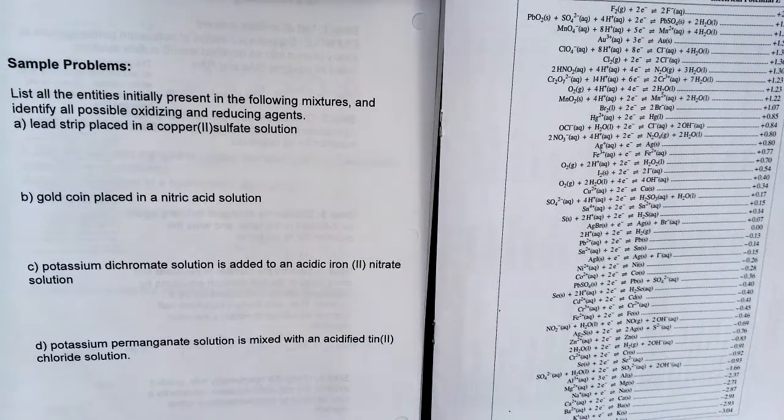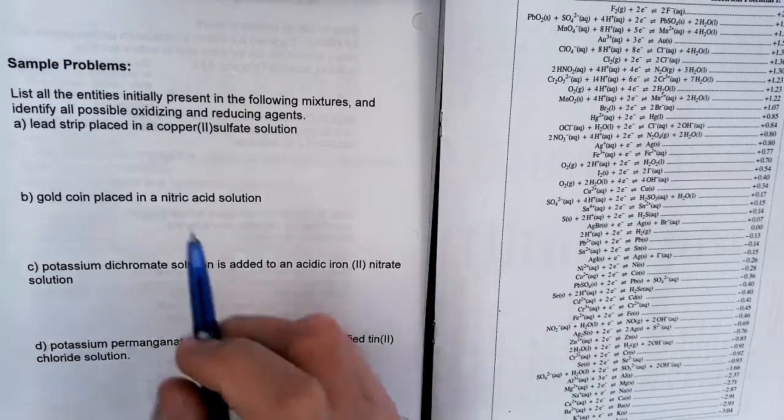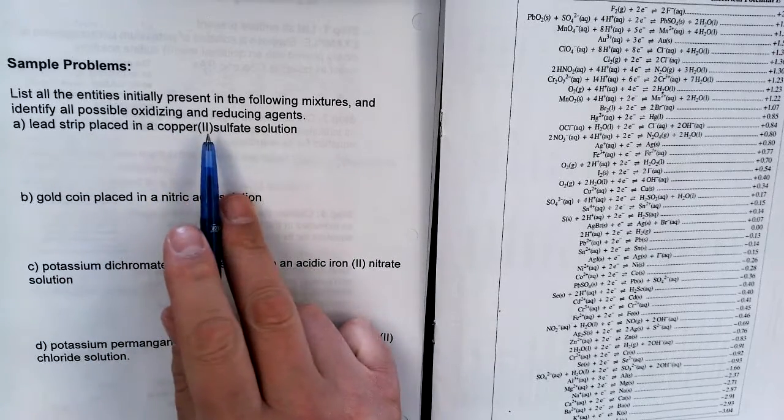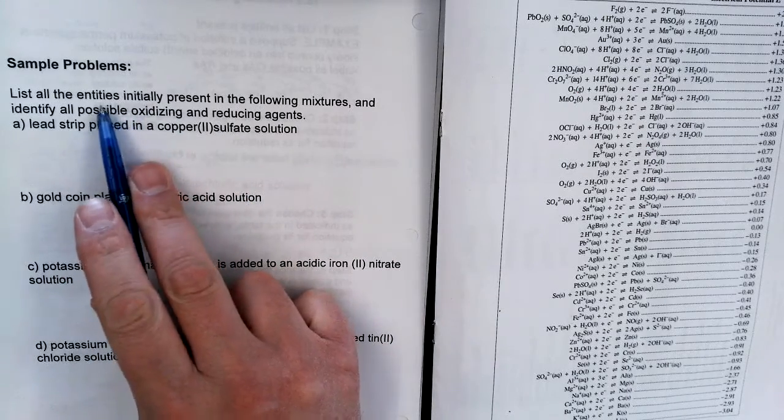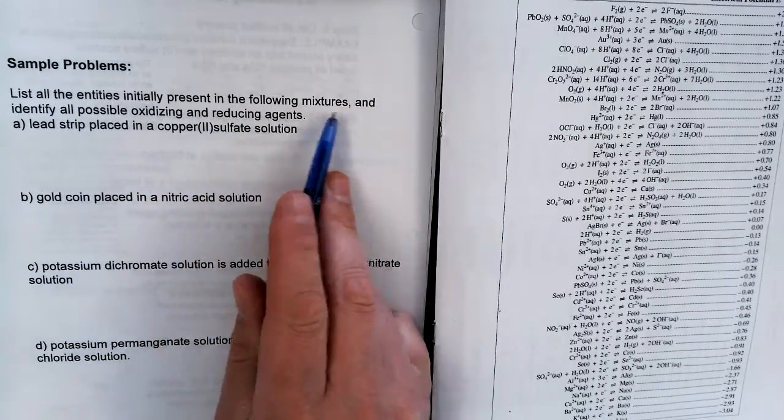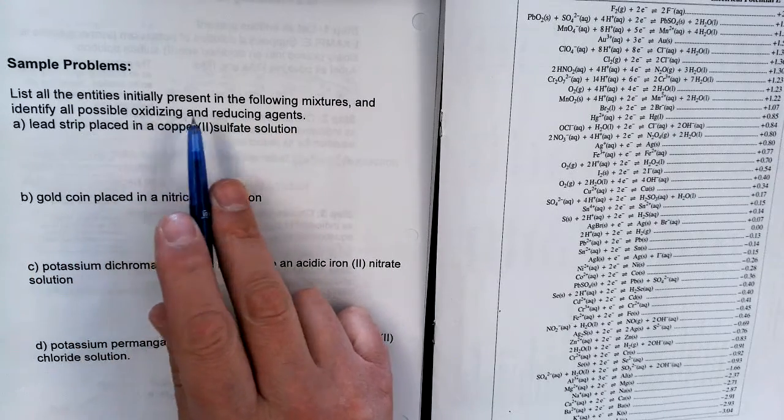Okay, here's the video for pages 18 and 19. So just doing examples of what I kind of showed you with the 5-step problem for predicting solutions. So these are just sample problems. For this first one, it just wants us to list entities initially present in the following mixtures and identify all possible oxidizing and